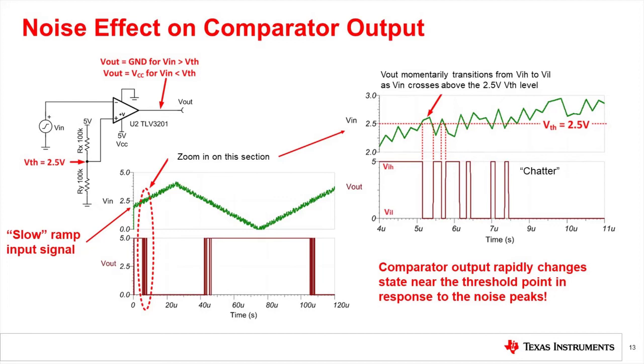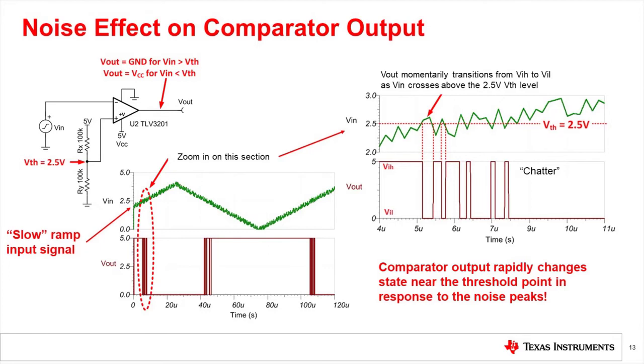This happens because the noise causes the input to rapidly move above and below the threshold. It will continue to change state back and forth until the input voltage stays above the threshold. As you might imagine, this chatter caused by input noise is normally an undesirable condition that we would like to eliminate. This chatter most commonly affects slow-moving inputs such as temperature or battery level monitoring. So what can we do to alleviate this noise effect?